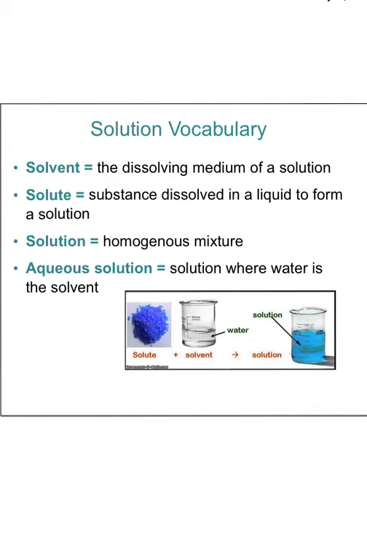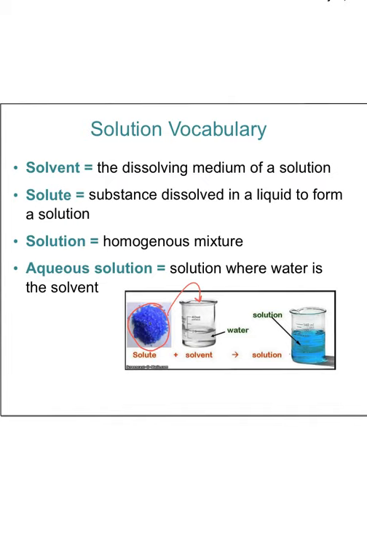So we've seen this already, but I don't think it hurts to go over it one more time. Some vocab on solutions, because a lot of the times when we do reactions, we're going to have solutions that are reacting. So a solvent is whatever is doing the dissolving. A solute is whatever we put in to dissolve. So a lot of times in our class, we have a solute, some sort of powder that we dissolve in a solvent, which is usually water, stir it up, get it to dissolve, and then we have a solution,